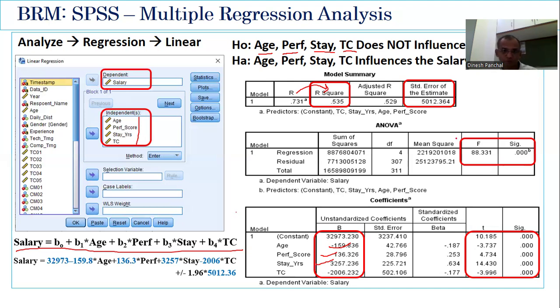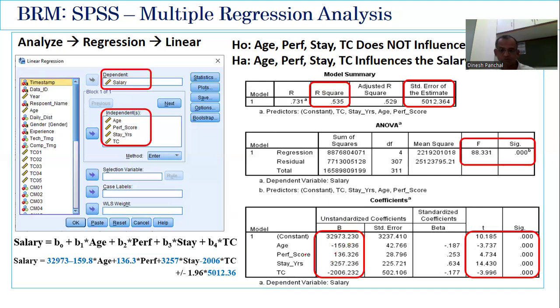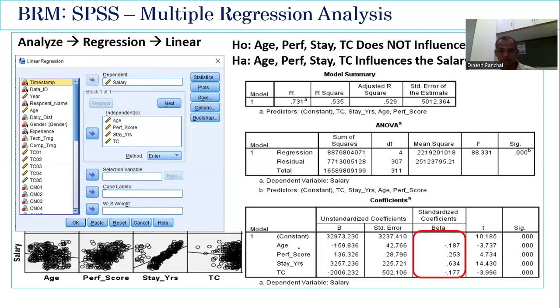Now, since this is multiple regression, we have a few more interpretations. First of all, the age is impacting negatively. When the age goes up, the salary goes down. The performance score impacts positively. Stay years impacts positively, and TC impacts negatively. Among these 4 parameters, which one has the highest influence, the stay years? That we are going to interpret using the standardized beta